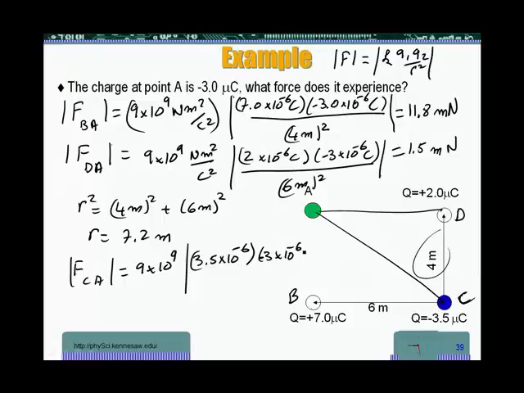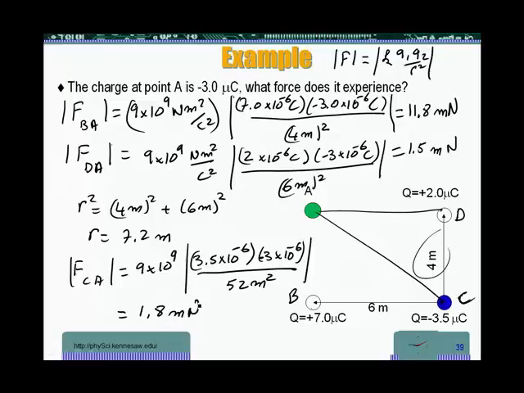Of course, it's minus 3, but we are doing the absolute value, over the r squared, which is 52 meters squared. Okay, so here that gives us 3.5 times 3 over 52. So that gives us overall 1.8